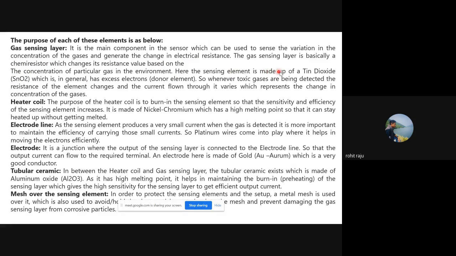Here the sensing element is made of tin dioxide, which has excess electrons. We learned in modern physics in high school about n-type semiconductors and p-type semiconductors. We can recall that concept. N-type semiconductors are rich in electrons.